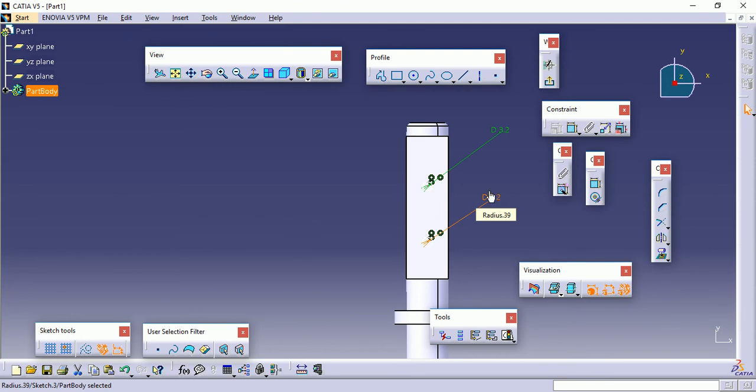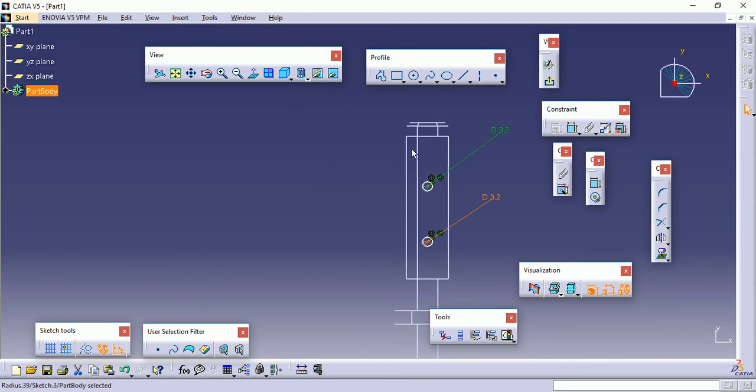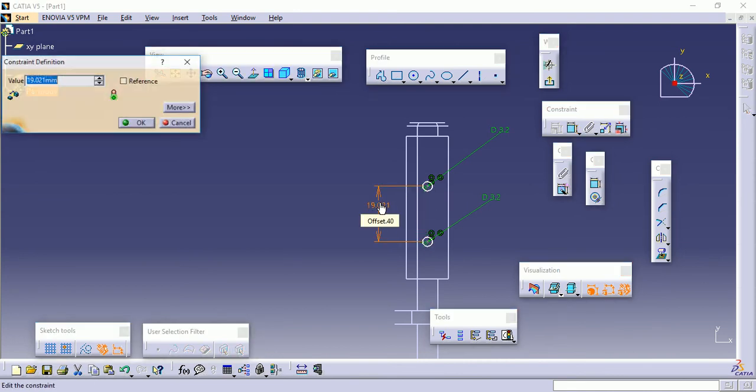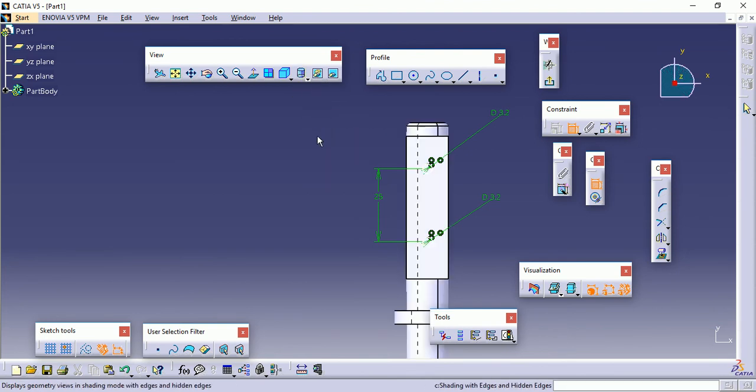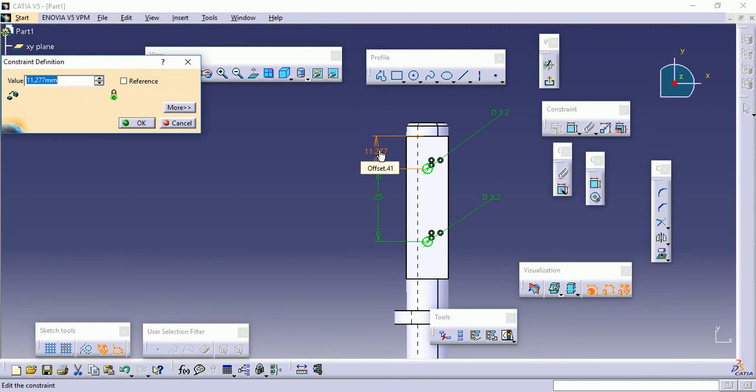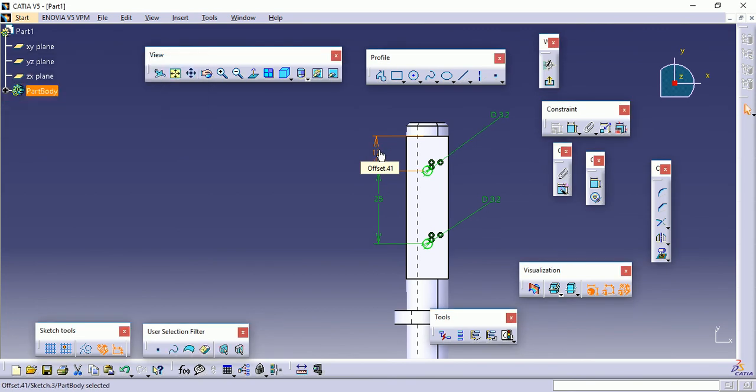Then center to center distance between these two circles is 25. So we will select individually the centers to place the dimension. This is 25, and distance from one of the edges 12. So this distance is 12, and these holes also we have to create up to last.